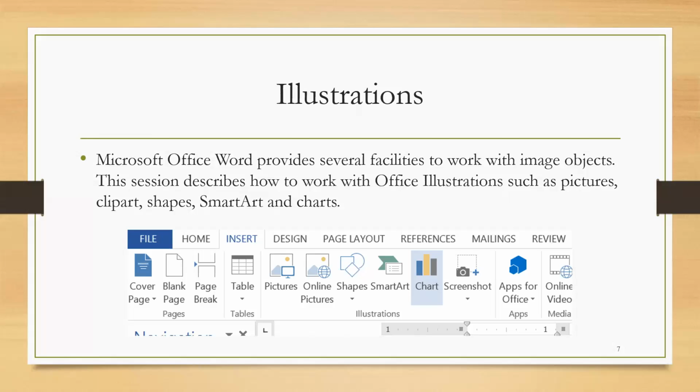So you can see the picture in this slide. It is clearly showing you can find these illustrations such as pictures, shapes, SmartArt, charts, everything from the Insert ribbon. This is next to the Home ribbon. We know very well about this ribbon. Look at here, the ribbon name is Insert, and as I told you, pictures, shapes, SmartArt, charts, everything is grouped as Illustrations.